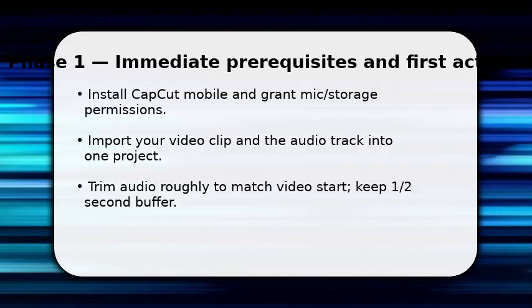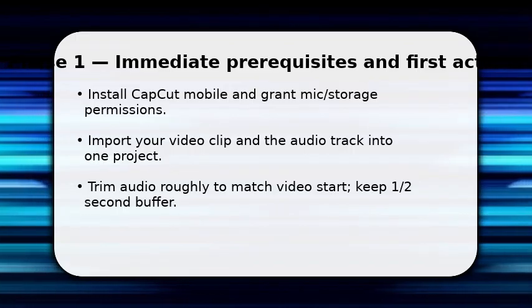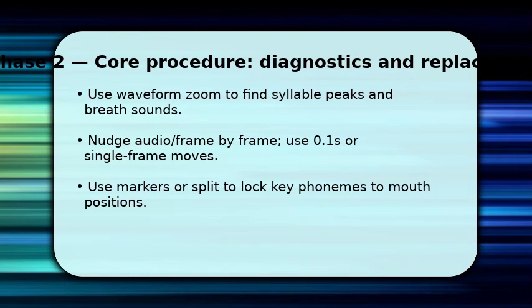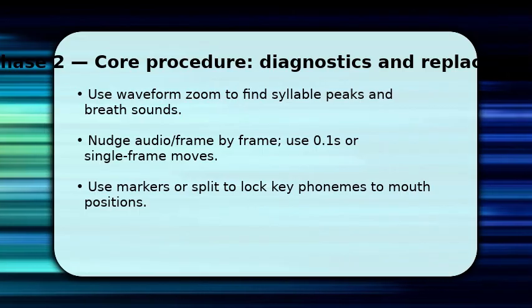Make sure playback is set to real time so you can hear both tracks as you nudge pieces into place. Now you focus on matching phonemes to mouth movements, zoom into the waveform, and locate strong peaks for syllables. You nudge the audio left or right using 0.1 second, or single-frame adjustments until consonant hits align with visible